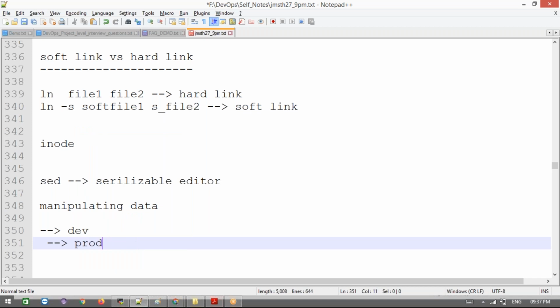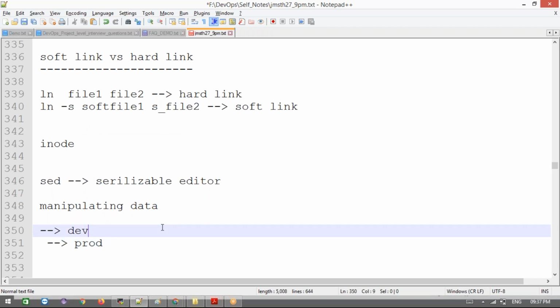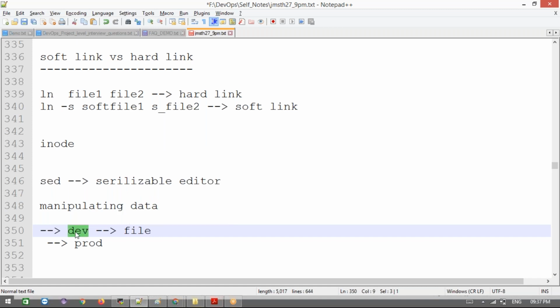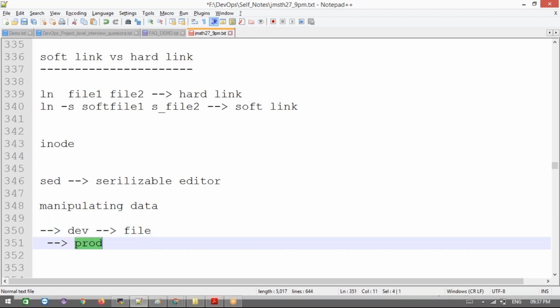Most of the data in the file is the same, but in different places where it says dev, I need to make it prod, so that when I execute this, the prod code will be executed. Only this name needs to be changed every time.